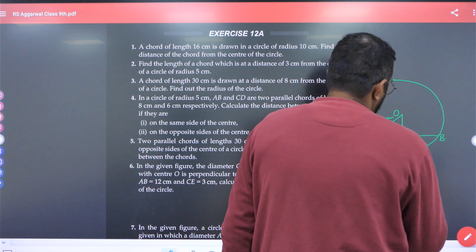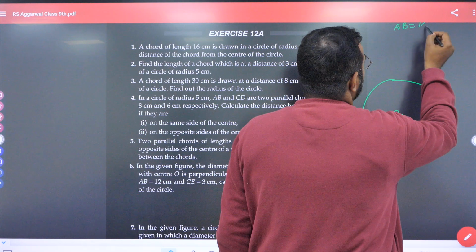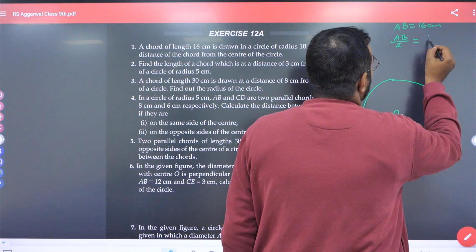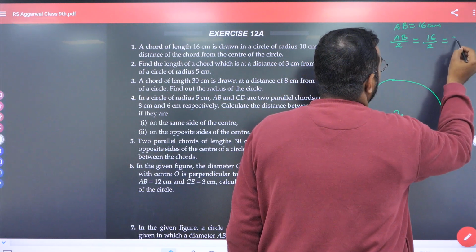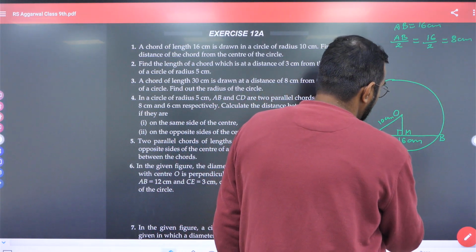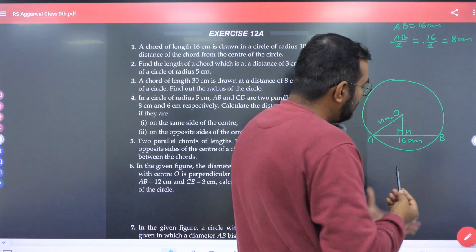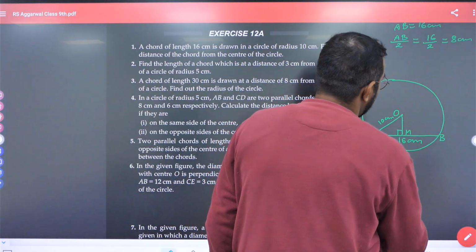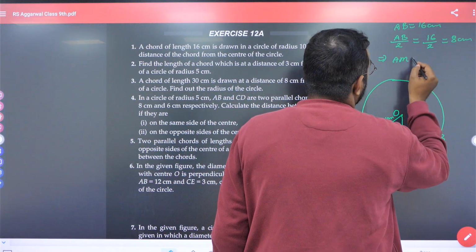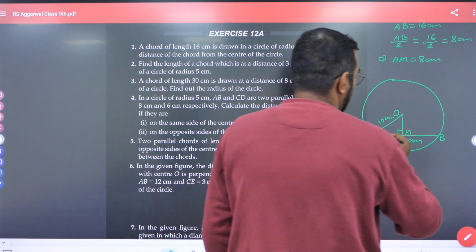Now you can see here AB is 16 centimeter. Yes, sir. AB is equal to 16 centimeter. So half AB will be equal to half of 16, that is 8 centimeter, right? Why half AB? Because AM is half AB. The perpendicular from the center bisects the chord. When OM is perpendicular, that means AM is half of AB. So we can replace half of AB by AM. So AM is 8 centimeter, right? Yes, sir. Here AM is 8 centimeter and